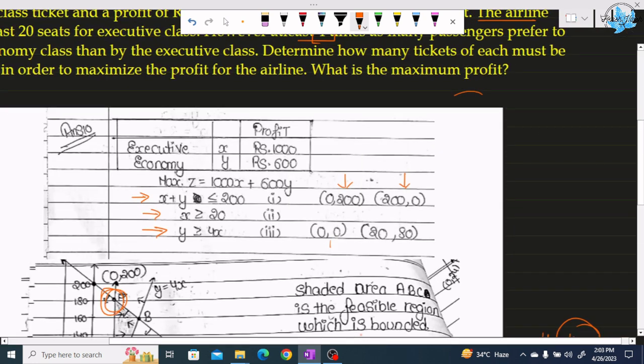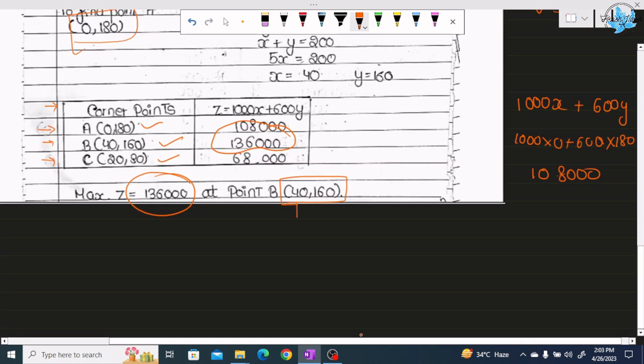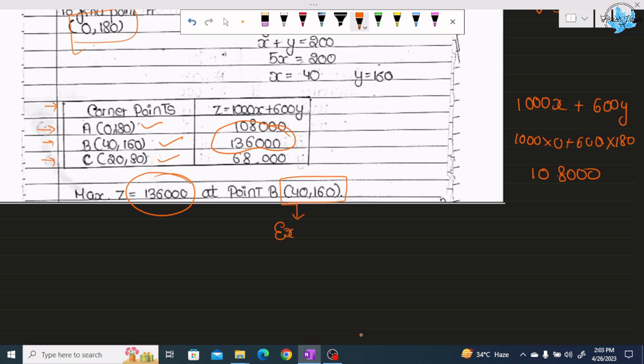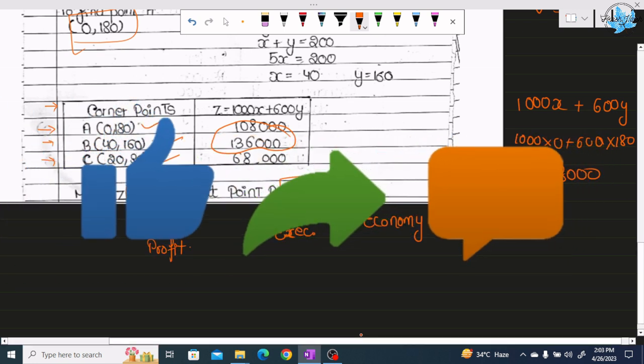And what does this 40 and 160 signify? 40 signifies that it is for the executive class: if he sells executive class tickets to 40 passengers and 160 tickets for the economy class, then he will get the maximum profit of 1,36,000. So I hope you understood the question very well,